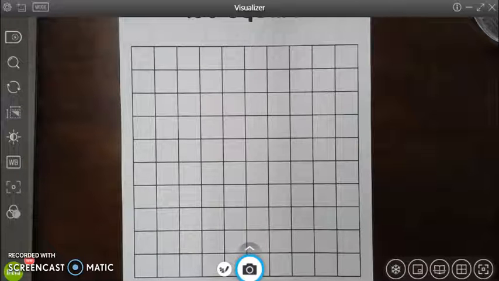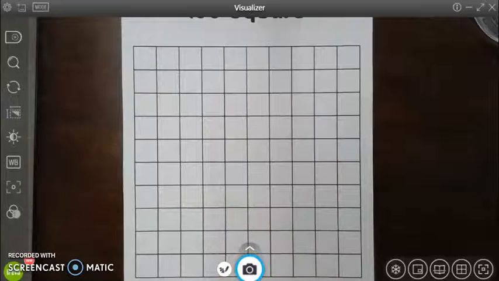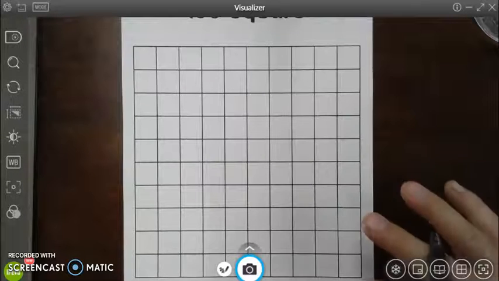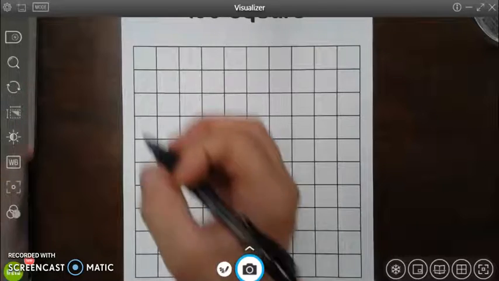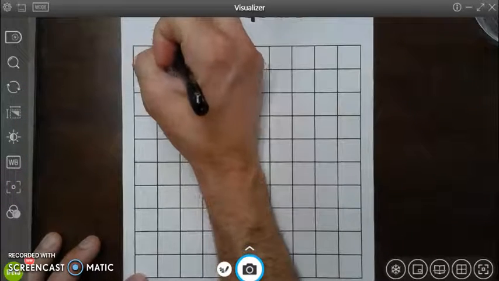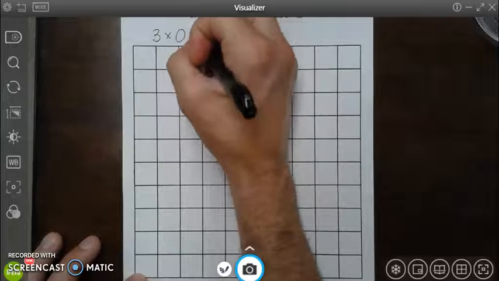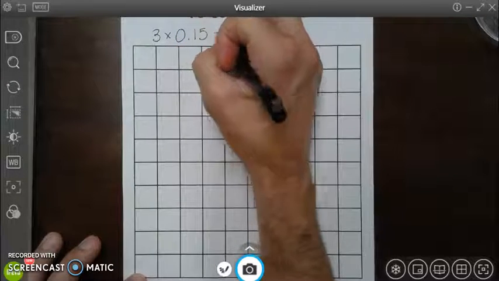Hey everyone, today I wanted to talk a little bit about how to use a hundreds grid to show multiplication of whole numbers by decimals and also decimals by decimals. This is just a great graphic representation of what happens when we do multiplication. So if I start with a problem, a decimal by a whole number, let's say 3 times 15 hundredths,